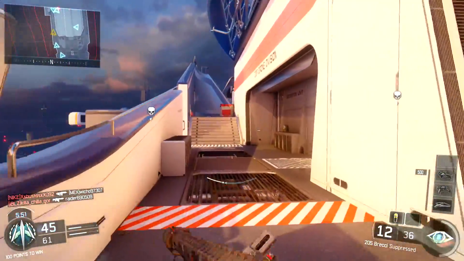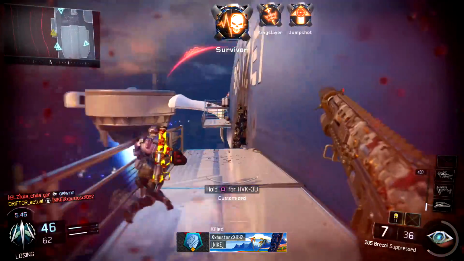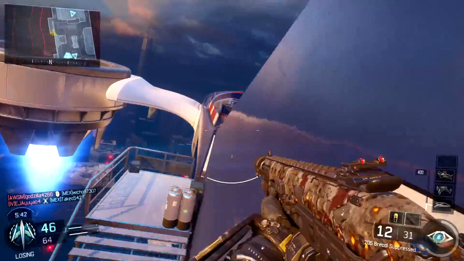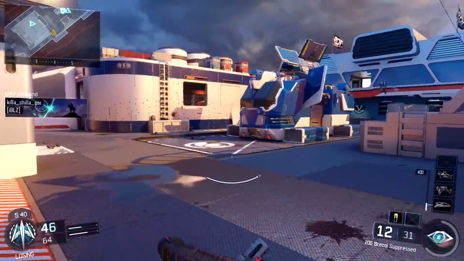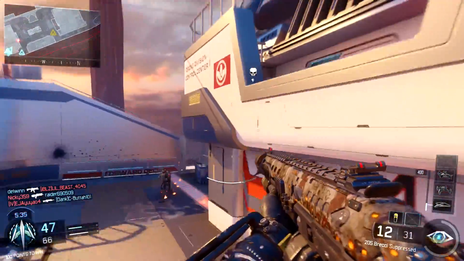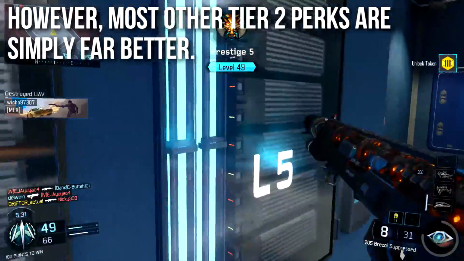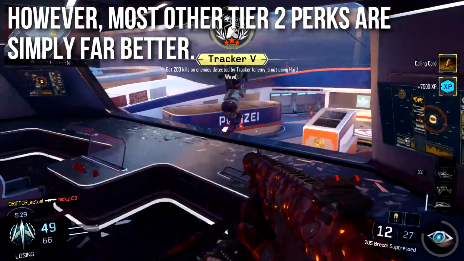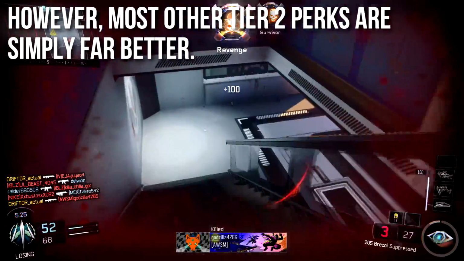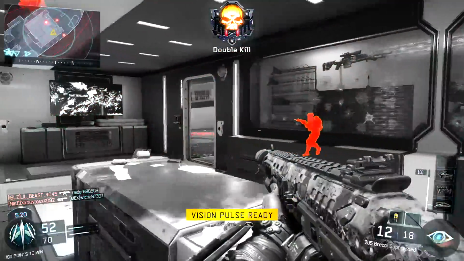It gets significantly less useful in objective modes, Domination, Hardpoint. I guess I could kind of see it for CTF if you're chasing the flag carrier, but you do get an indicator anyway, so I probably wouldn't go for it there. As I said before, the perk is underused, and I think it's underused for a reason. It's not because the perk is inherently bad, but just because most other tier 2 perks are simply far better. Hardwired is better. Cold-Blooded, Fast Hands, Scavenger, just to name a few. That's actually most of them, but almost all of them are super important and essential perks to your class,